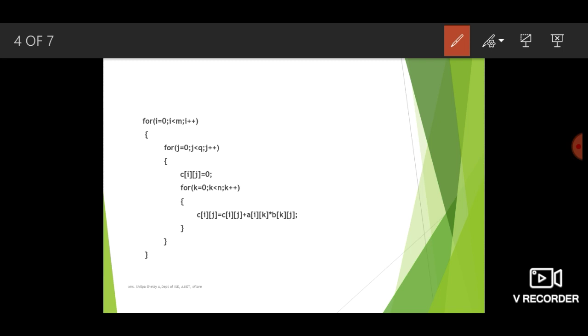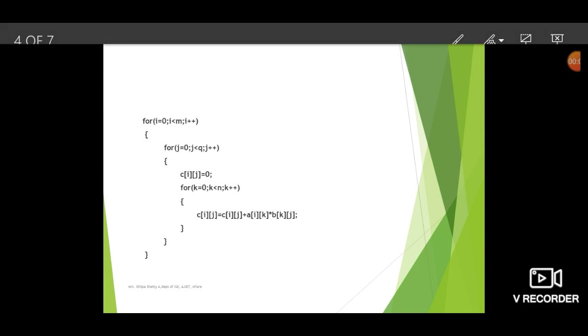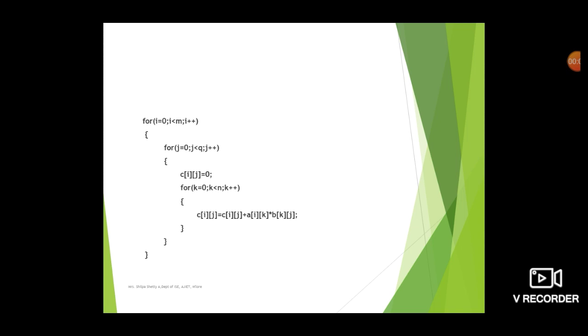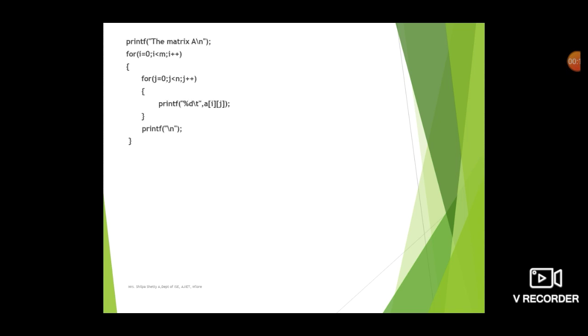So the multiplication between the two matrices takes place. So now let us display the results. So let us display all the three matrices, that is matrix A, matrix B and matrix C.